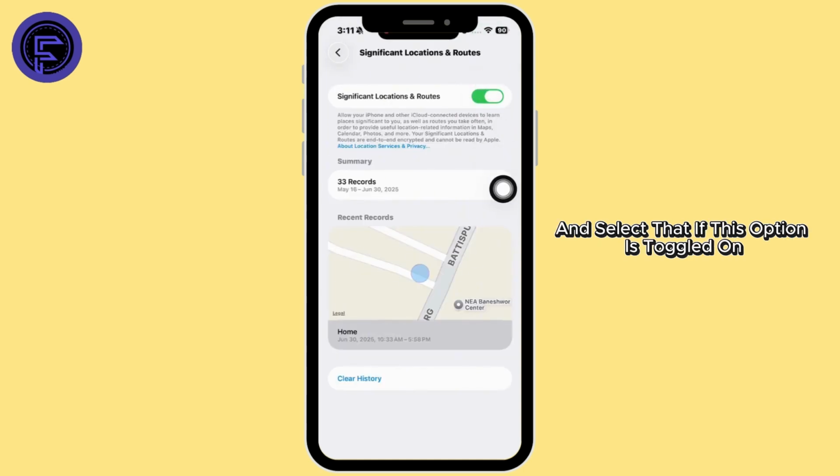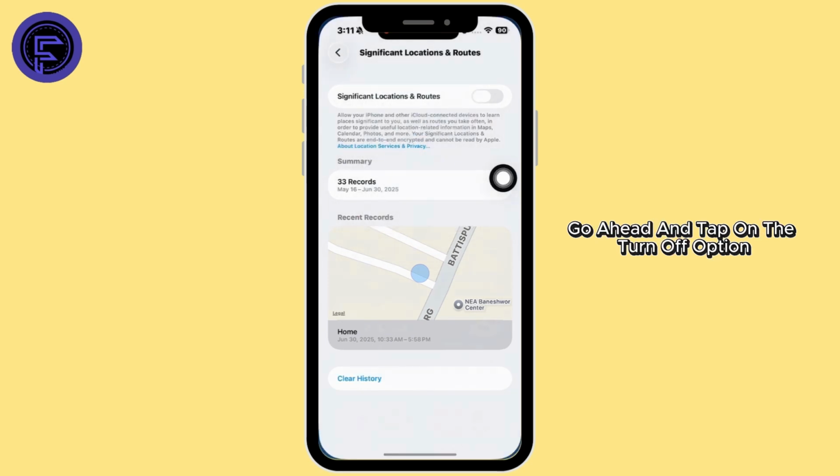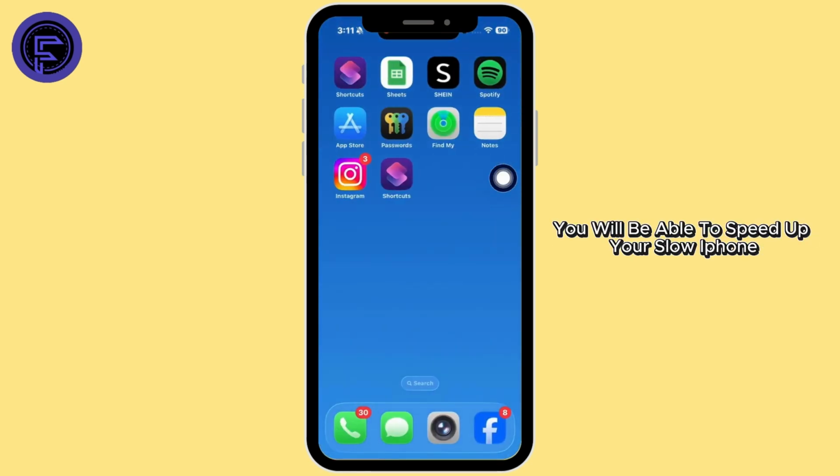If this option is toggled on, simply toggle it off. Go ahead and tap on the Turn Off option. Now by following these steps, you will be able to speed up your slow iPhone, and that's it for this